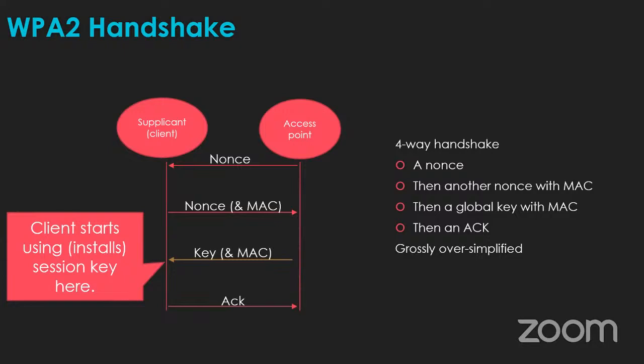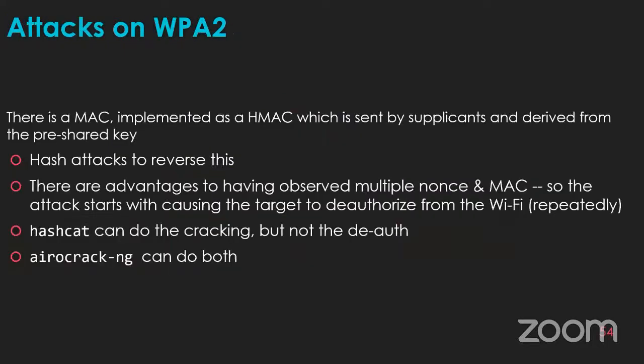The key isn't exactly equal to the pre-shared key that you type in, but it is derived from that. And the AP has to give them a bit of session information on top of that to install it. Okay, so it's a handshake. There's a nonce. And I'm really glossing this over, but it's because I want to talk about an attack on WPA2. You can use Hashcat to crack